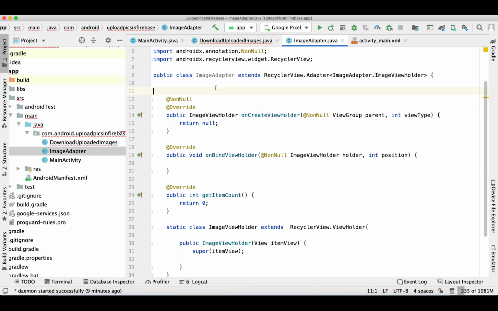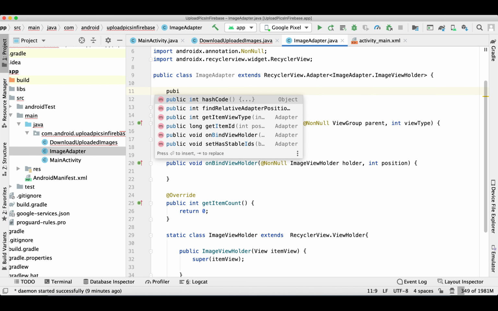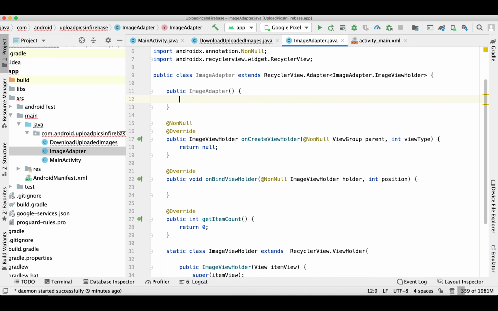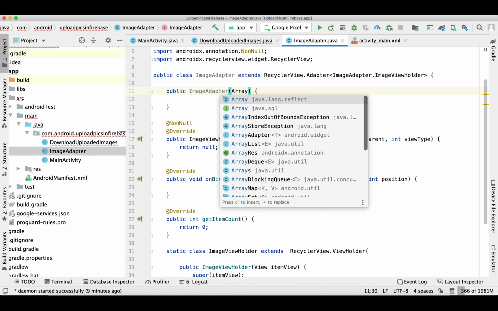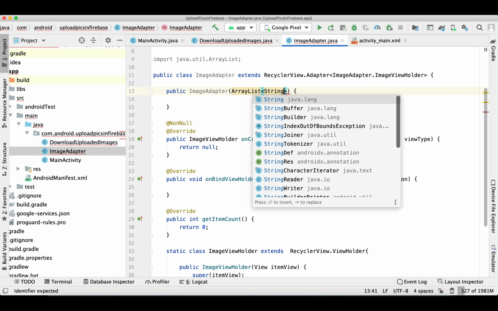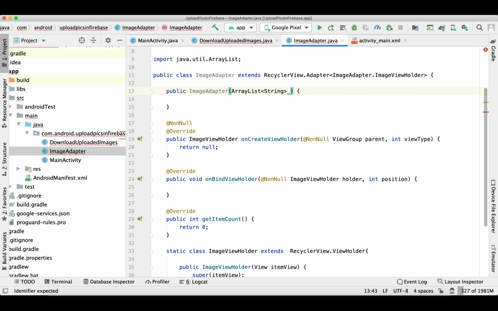We'll create another constructor for our main class, which is going to take two inputs from the activity. One is the list which we need to display, which is going to be the string type because it's going to hold just the URLs, and the second parameter is the context.